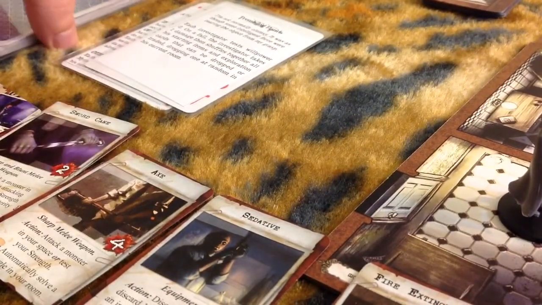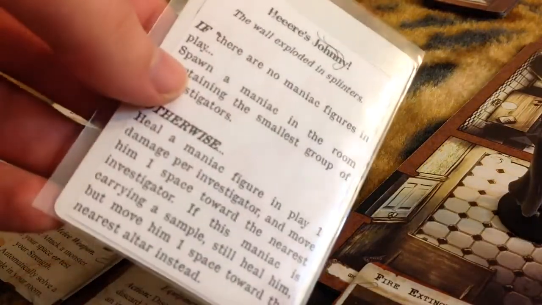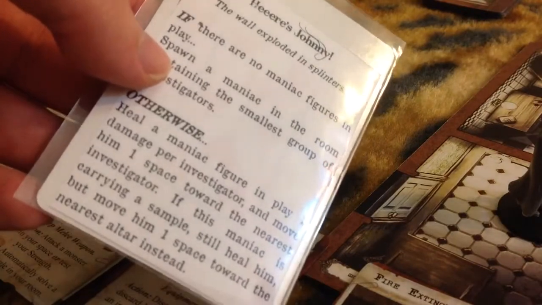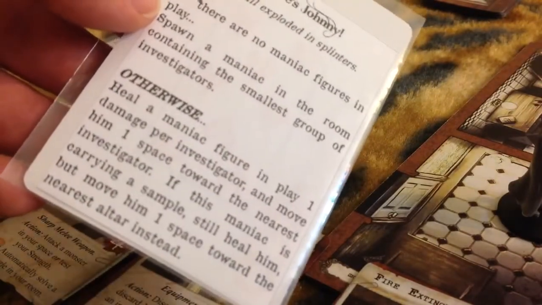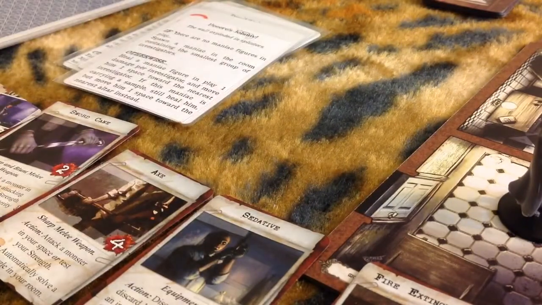Alright, now we have the threat step. Here's Johnny. There are no maniac figures in play. Spawn a maniac in the room containing the smallest group of investigators. Now, all investigators are off by themselves now, so we will go to the one with the lowest health remaining, which is poor Kate. So, I'm going to shuffle together